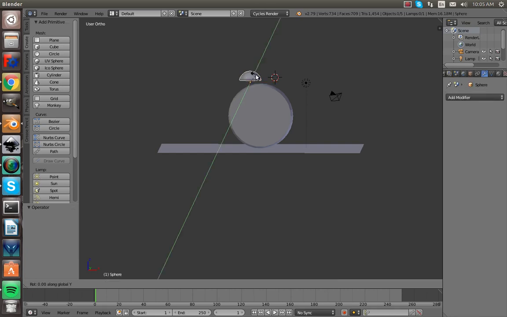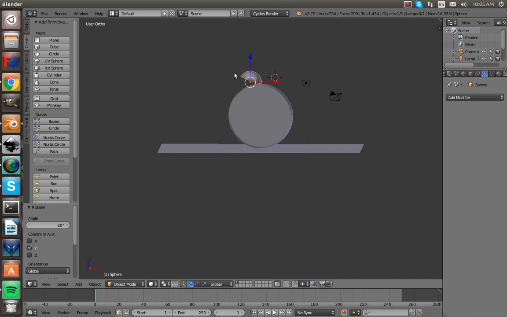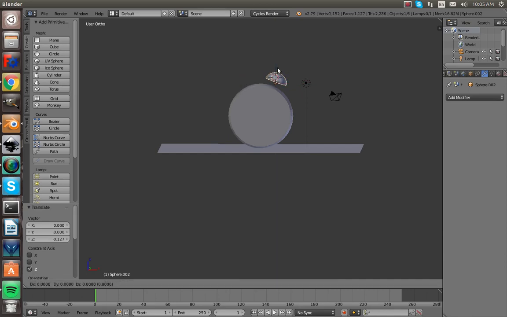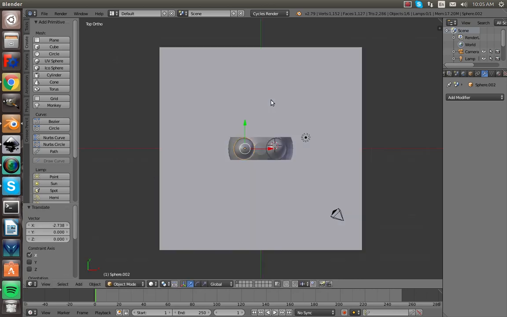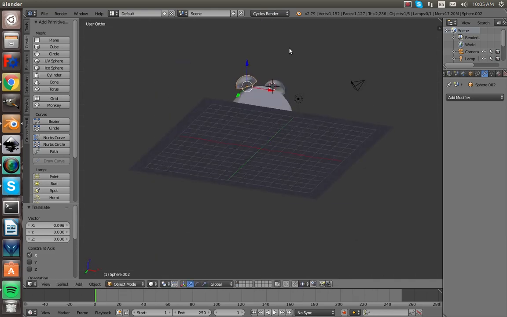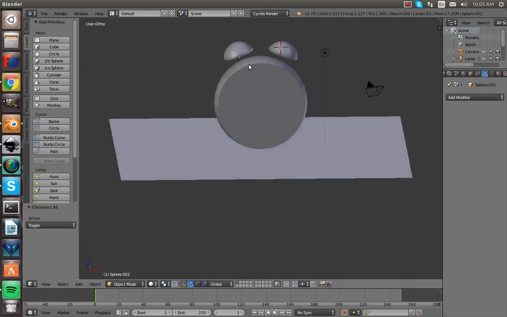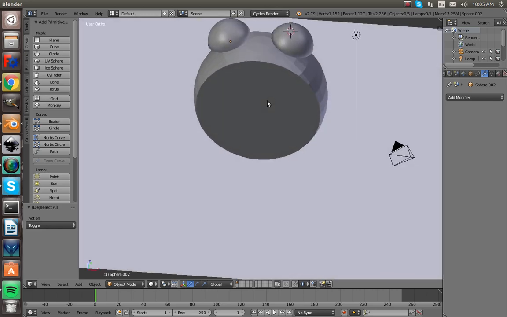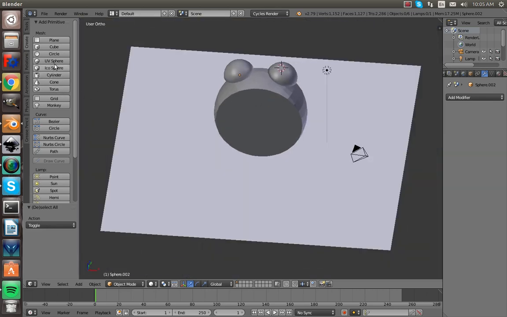Put it so it matches along with the curve. Looks good. Now we're gonna RZ 180 degrees and move that one right here. Make sure everything looks pretty similarly spaced, just like that. That looks very nice. Now we're going to add just a cylinder